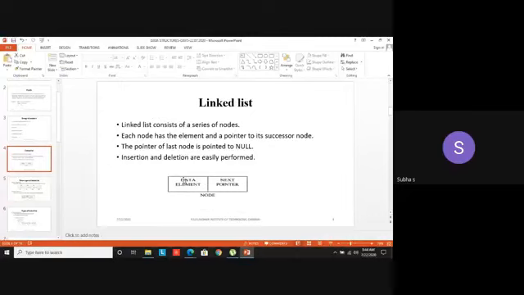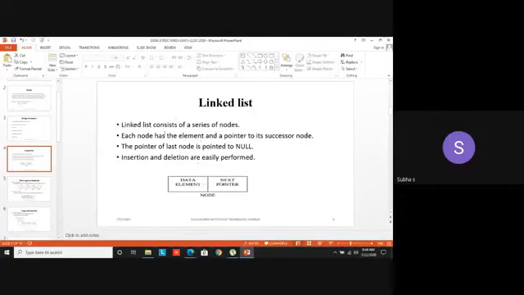So normally a node contains data and a next pointer. The next pointer points to the address of the next node. So you will be having node 2. Node 2 will also have what? Data and the next pointer. The next pointer points to the next element. Suppose in my linked list, I have only 2 elements, what will be the next pointer of the second node? It will point to null. That is mentioned in the third point: the pointer of the last node is pointed to null.